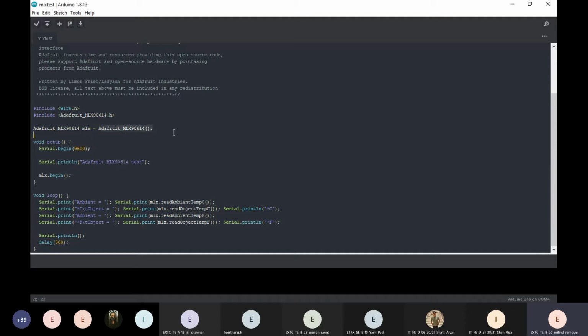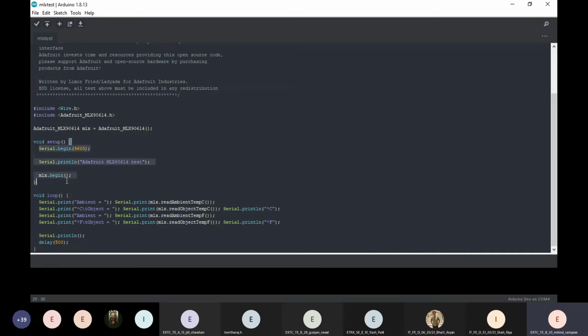We call the function Adafruit MLX to this variable MLX. Now in the void setup part, this runs only one time.